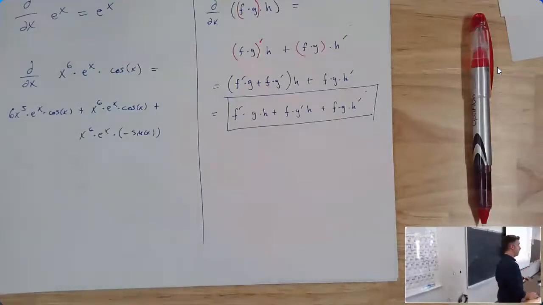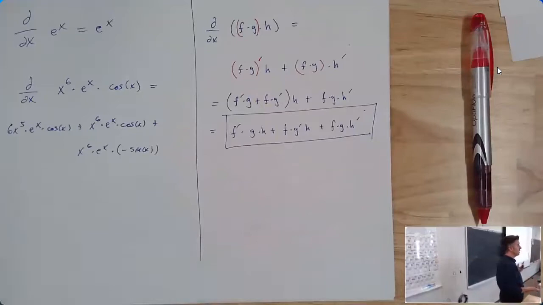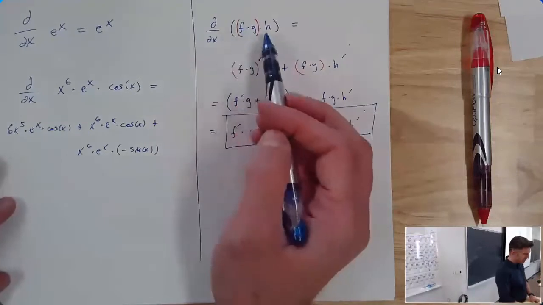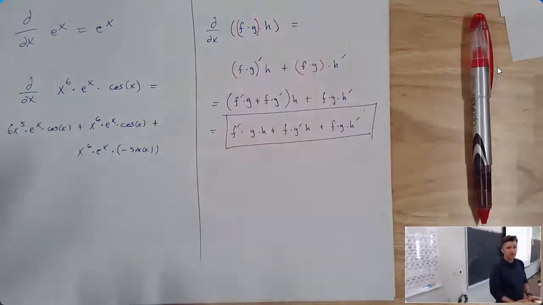Here's what I want you to know. This triple product rule can actually be generalized to a product of any number of things. So you've got a product of 4 things, or 5 things, or 6 things. The pattern is always the same. The pattern being, if I'm taking the derivative of the product of 3 things,